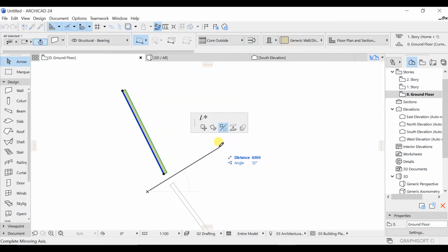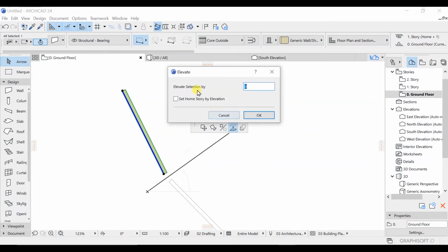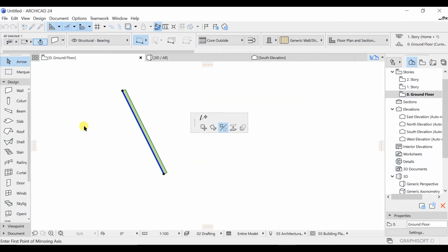You can see. Now let's say I just changed my mind, I want to do something else with this one, so I can go to this one here, that I can elevate this one. I want to elevate this wall, let's say by 2 units. And let's say I just again change my mind. So this is the benefit of this pet palette. You can just go ahead and do various kinds of things with this pet palette, and that is very handy, and it is going to save you a lot of time.